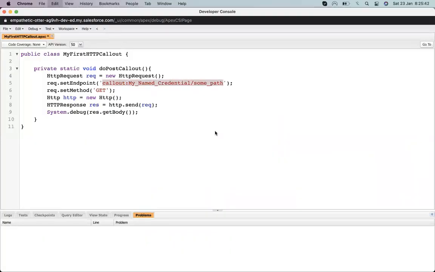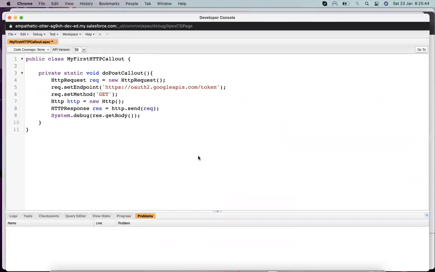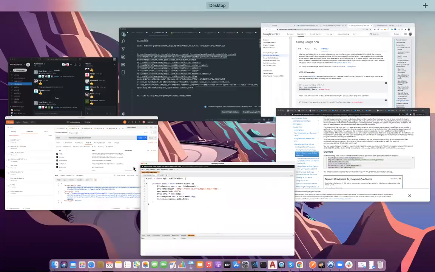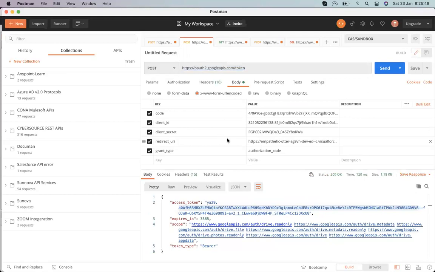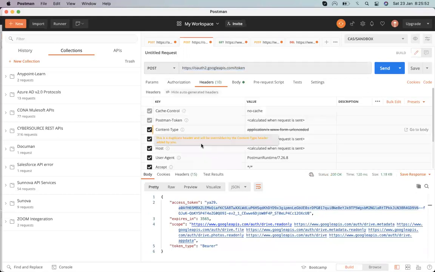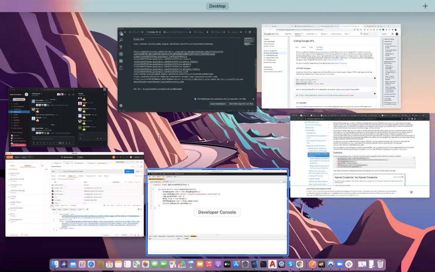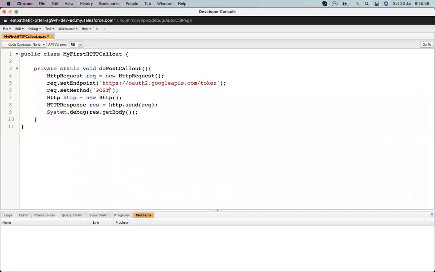I copy and paste it up here. Auth. Then we have to set the method also. Let's set the method. And then we have to set the body.